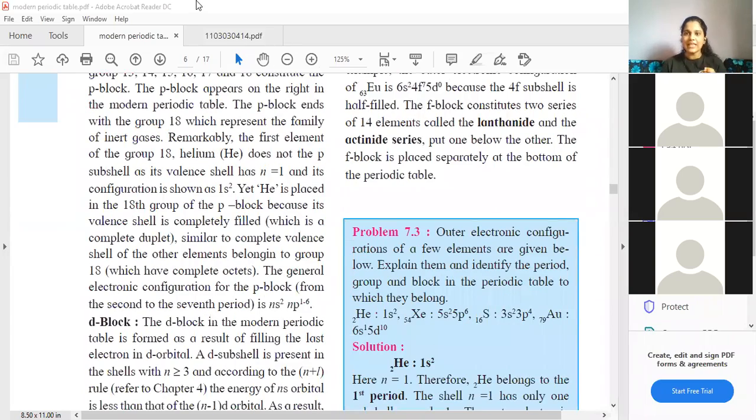And this last statement, mark it, students, because it gives us the general configuration. Mark and underline it. You can see for the P block, the general configuration is ns2, that is a completely filled s orbital, and then np. Students, n stands for principal quantum number. It will differ according to which period we are talking about. That is very obvious. So we go from np1 in group 13, and till group 18 it becomes np6. So the range is from 1 to 6. You can see that is the general configuration.